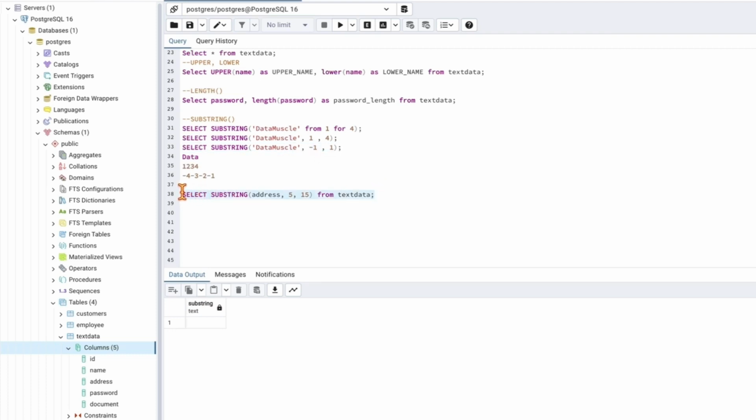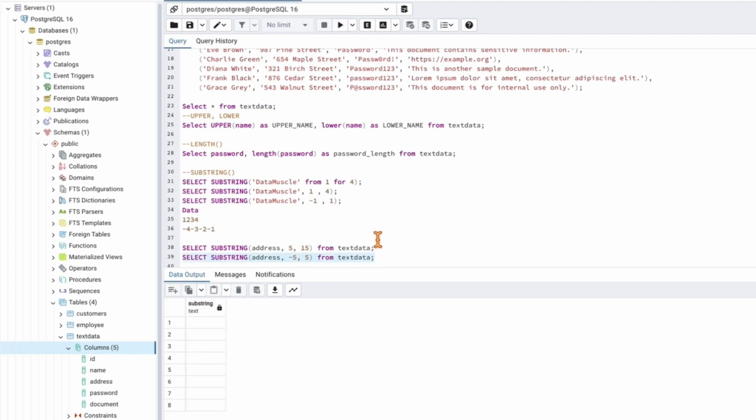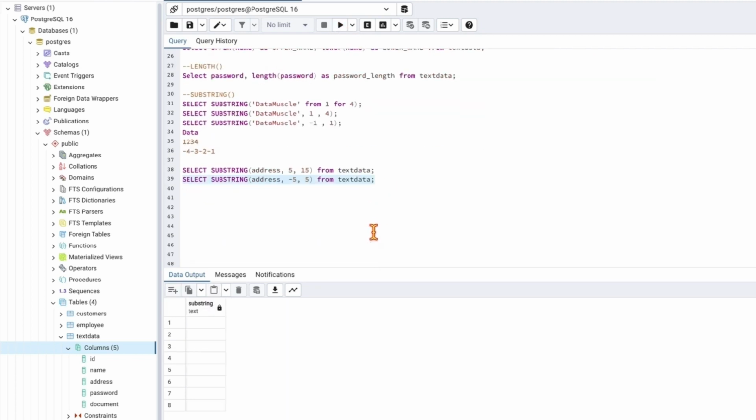Let us work it out on the table. Say for example -5, and let the length be 5. So ideally what we are saying, in this address column, -5 comma 5 should ideally retrieve -1, -2, -3, -4, -5. Last 5 characters it should retrieve. Let's execute this. There is really something wrong with the PostgreSQL version, or I don't know if this is a bug in this particular version. I would request you to give it a try and let me know in the comment section if